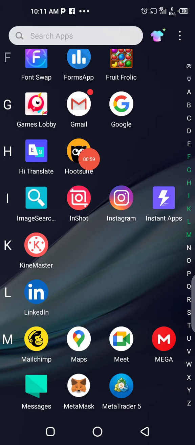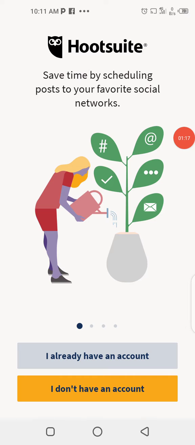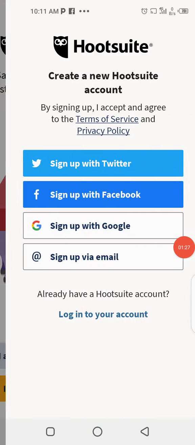So this is Hootsuite. You can see the spelling, Hootsuite. So you go to your Play Store or you just type Hootsuite on Google and you get access to it. Then you download the Hootsuite app or you go to their website and get their iOS version for those using iPhone. So I'll click on this Hootsuite. You can see I already have an account. If you don't have an account, you create. But for me, I already have an account, so I'll click on